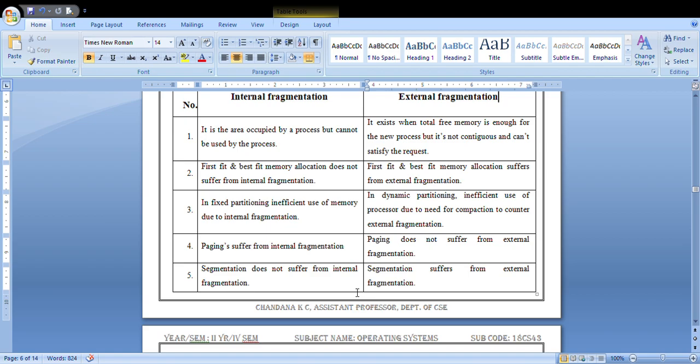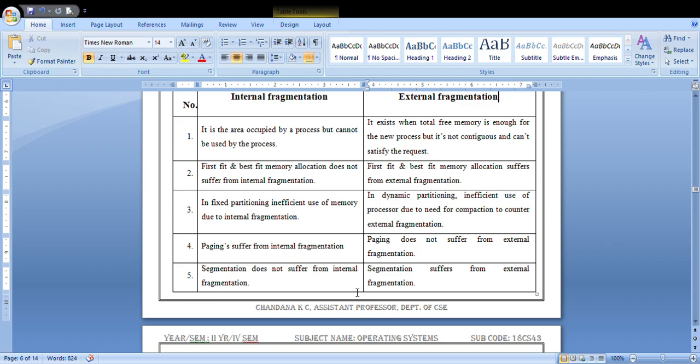In internal fragmentation, first fit and best fit memory allocation do not suffer from internal fragmentation. But first fit and best fit memory allocation do suffer from external fragmentation.